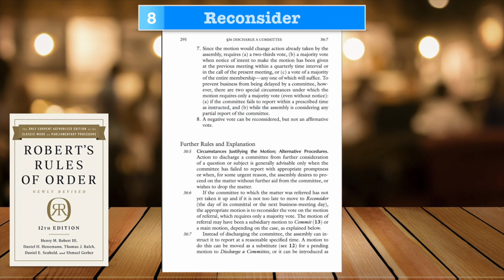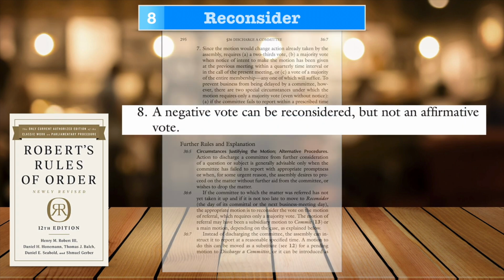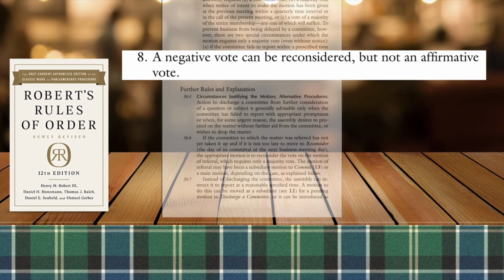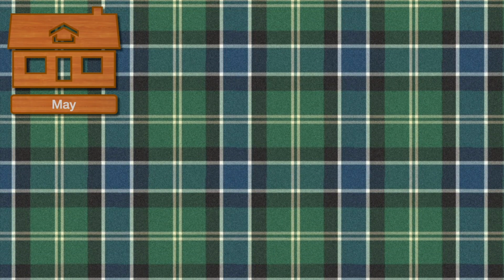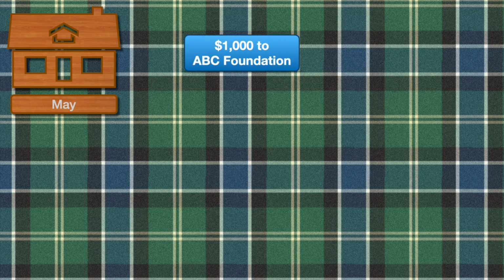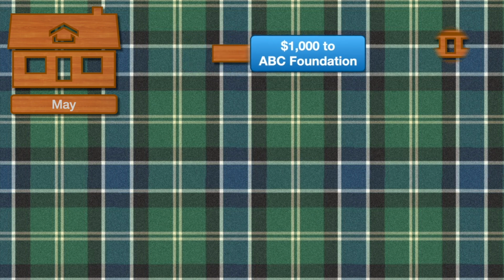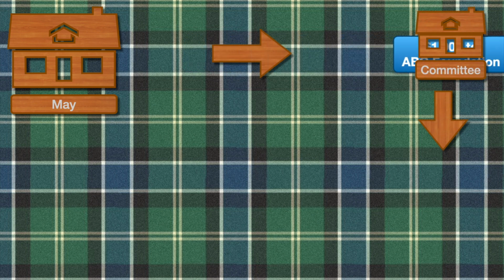Scanning down to standard descriptive characteristic number 8, we see that it says, a negative vote can be reconsidered, but not an affirmative vote. This is a very common theme. For example, let's say at the May meeting a motion was pending that $1,000 shall be donated to the ABC Foundation. And let's say during its consideration it was referred to the Finance Committee with instructions to report its recommendations